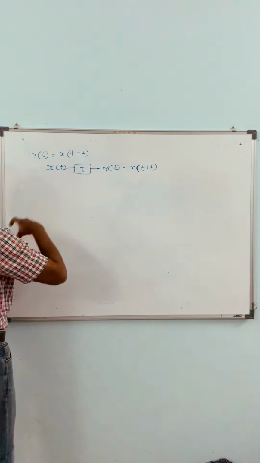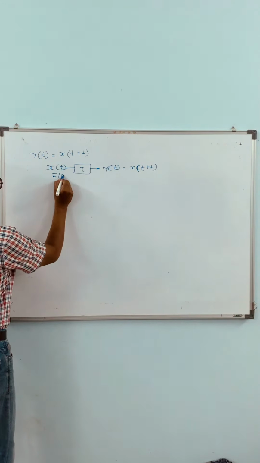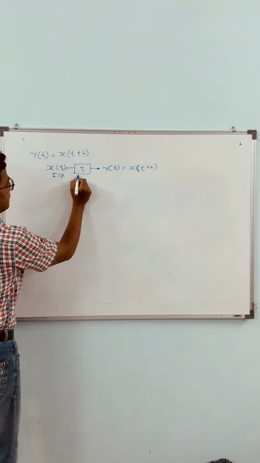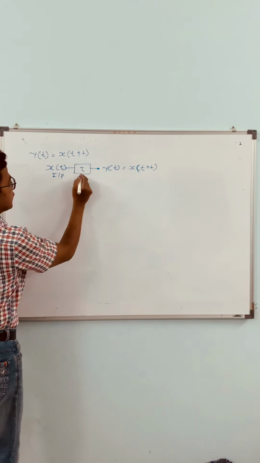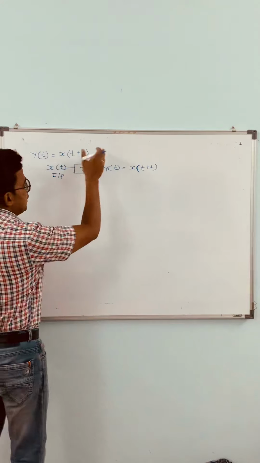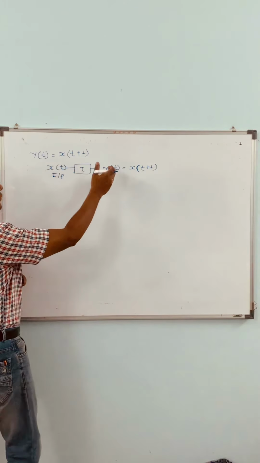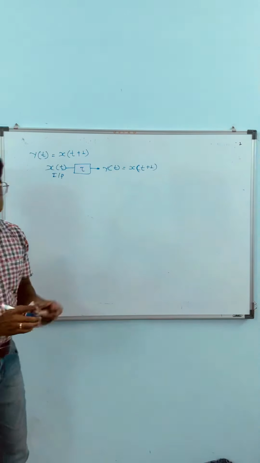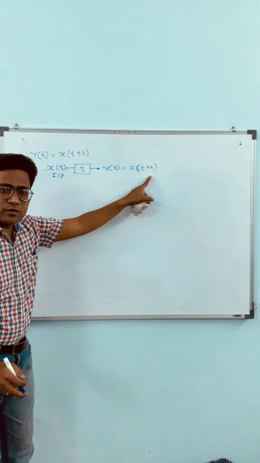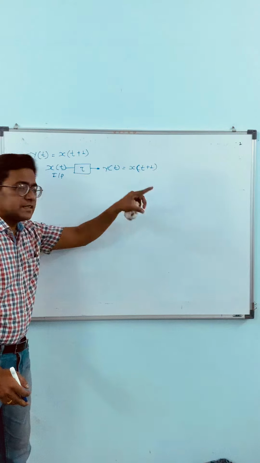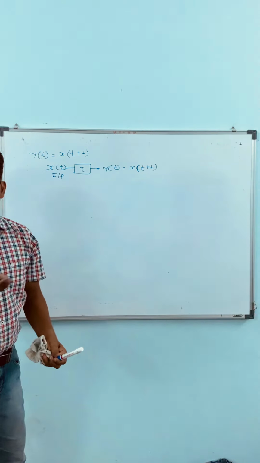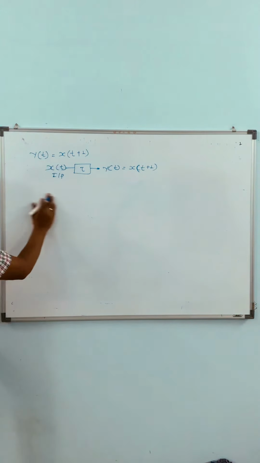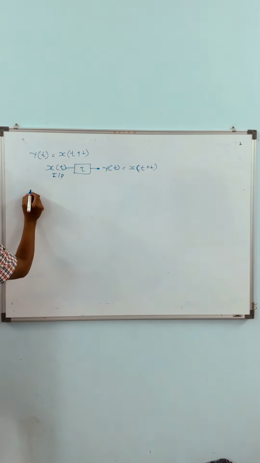X of t is the input getting into the system. This is a TOE system; you can change the notation, any kind of system. It will create a new output. After creating the output, x of t becomes x of t plus 1. Now we have to check whether the signal is linear or non-linear. We have the formula, the linear equations, so directly we can start the analysis.